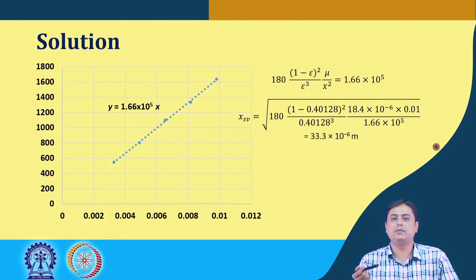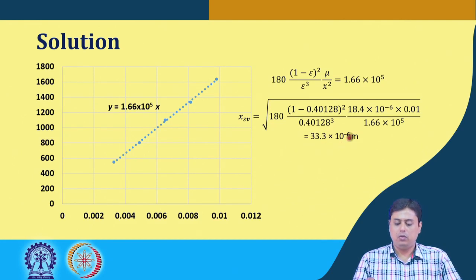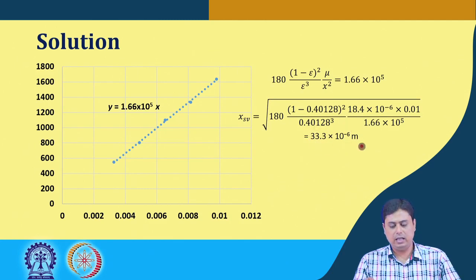Last time, specific surface area is nothing but the surface area per unit volume, which also can be represented in terms of surface area per unit mass, because the volume can be multiplied by the density to get the surface area per unit mass. So, specific area you can write in terms of meter square per meter cube or meter square per kg. So, if we assume that this particle is spherical in nature, then we can calculate easily what would be the surface area per unit volume or unit mass.